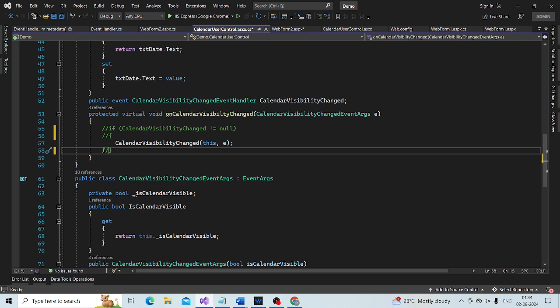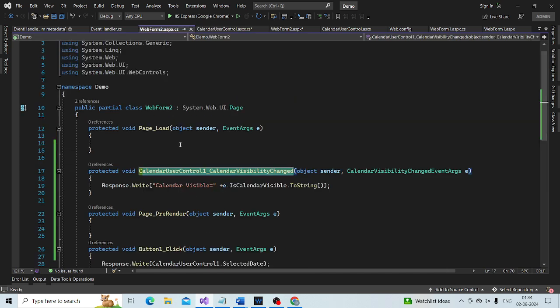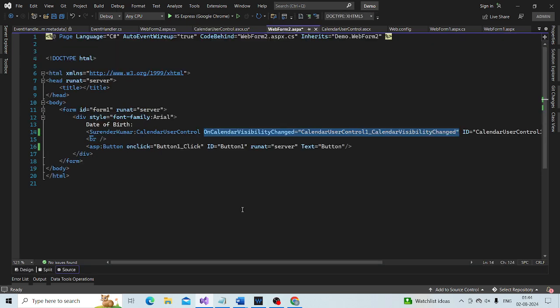I am not checking for null, and on the web form, on the calendar visibility change event, there is an event handler listening.